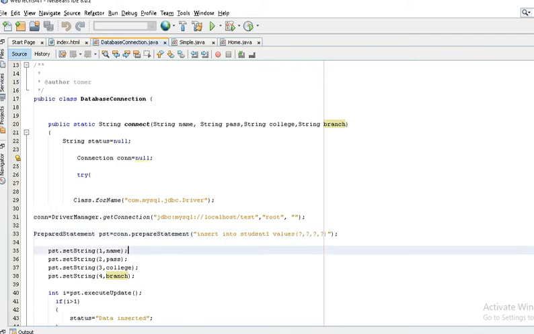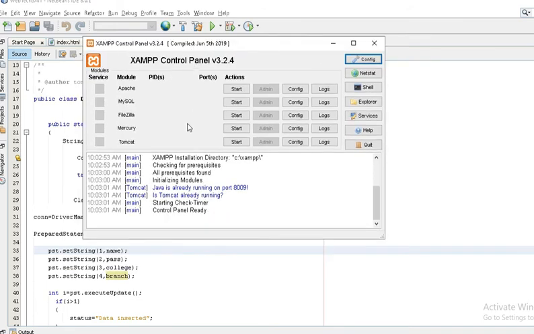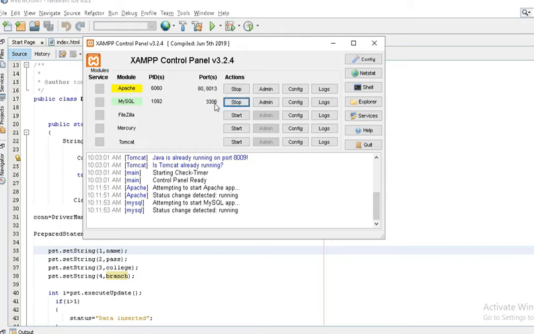So this is the XAMPP admin panel, or you can say the control panel. We need to start the Apache and the MySQL both. So a port number is assigned to the MySQL database.